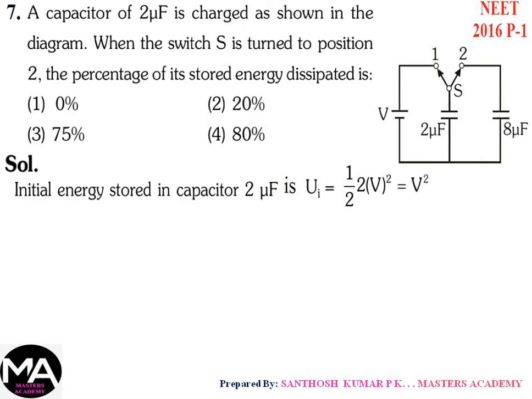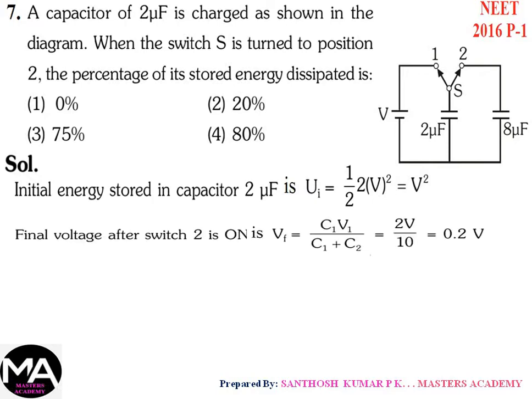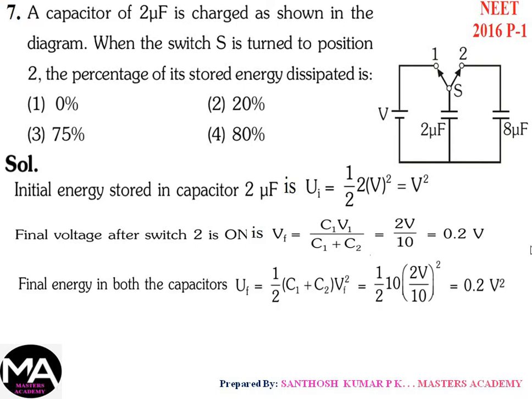Now, on solving this one, we know that the initial energy stored in this capacitor is only first capacitor 2 microfarad, that is U is equal to half into CV square. C is 2, so we will get 2 and 2 cancelled, we will get V square. In the second case, whenever the switch is turned to second position, what happens? It is in parallel combination. So total capacitance is 2 plus 8, 10. Therefore, the final voltage is Vf is equal to C1 into V1 by total capacitance, that is 2 into V by 10, which is nothing but 0.2 volt,